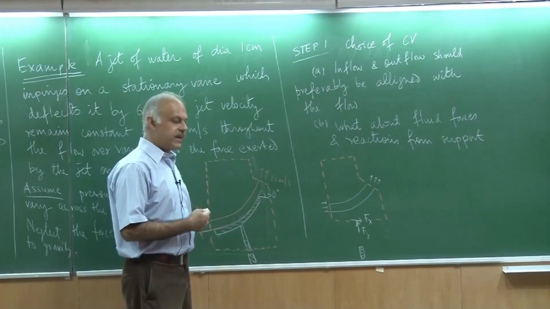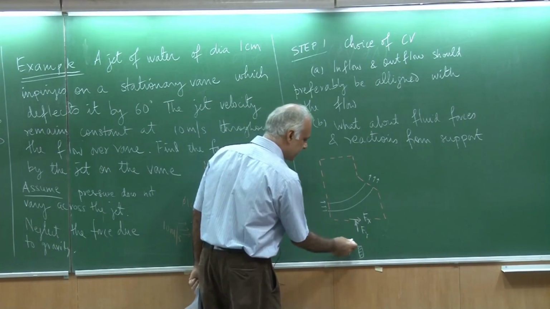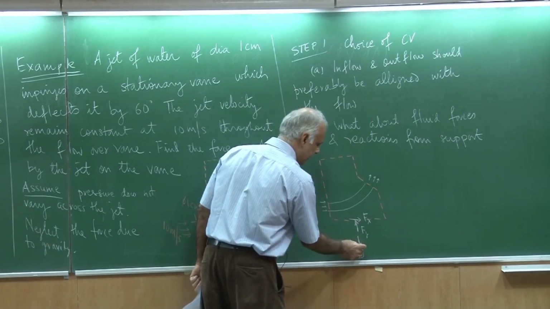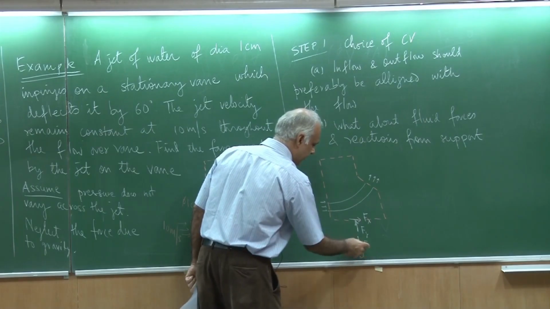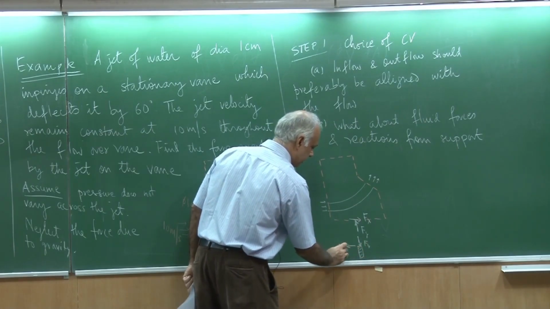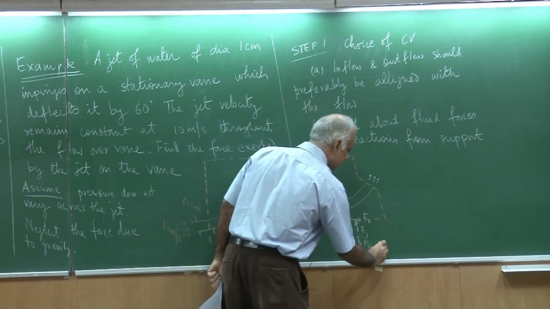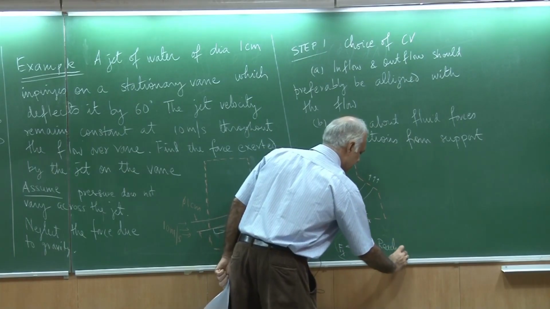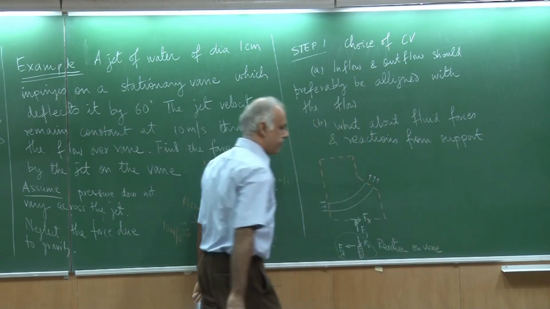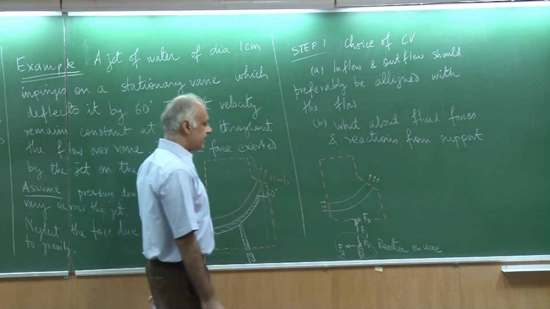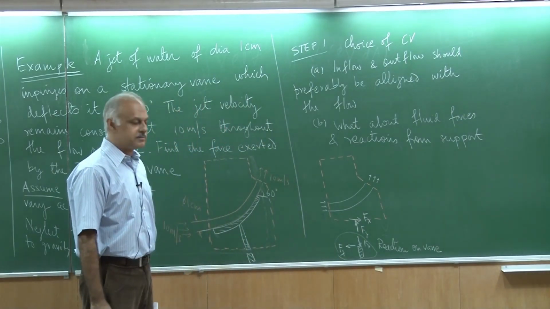as we know it would face a reaction exactly equal but in the opposite direction. So it would see a force Fy and another force Fx in the opposite direction. So this is the reaction on the vein, and this one over here is the force on the control volume.